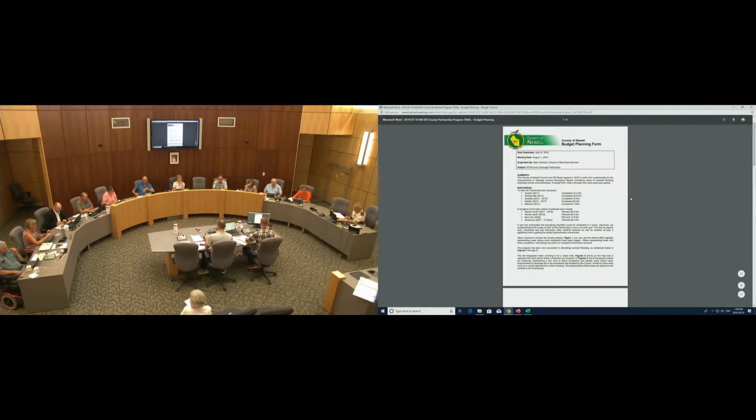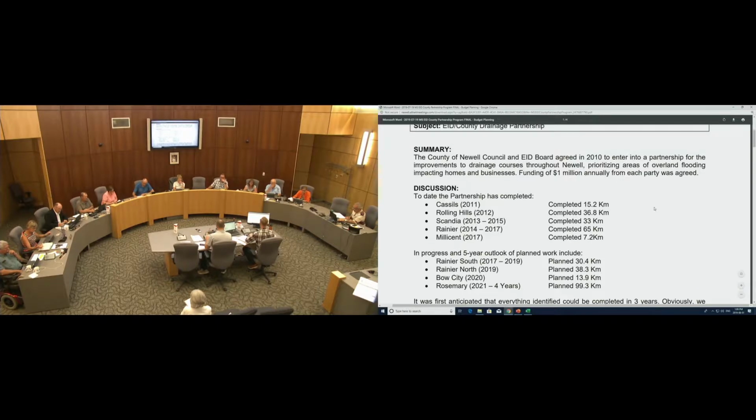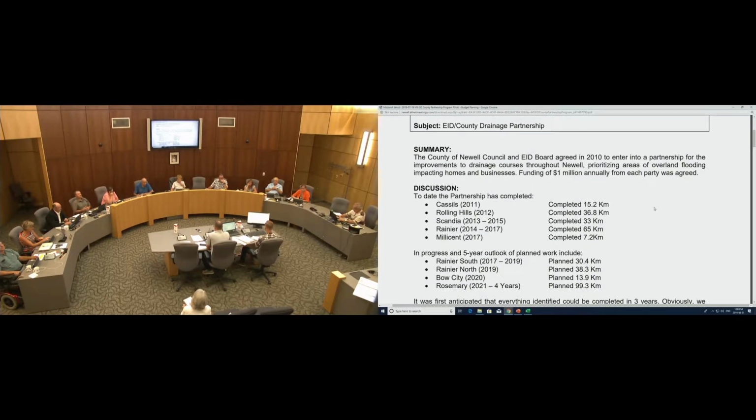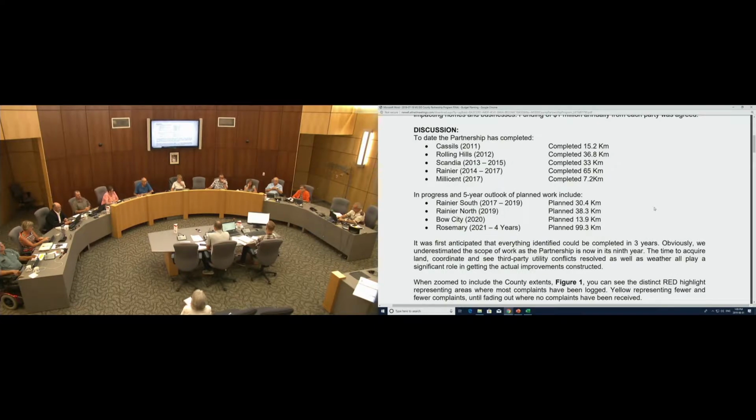Drainage with the EID, our ongoing partnership. So in 2010, County and the EID Board entered into a partnership for improvements to drainage courses throughout Newell, prioritizing areas of overland flooding impacting homes and businesses. Funding of $1 million annually from each party was agreed to. To date, the partnership has completed